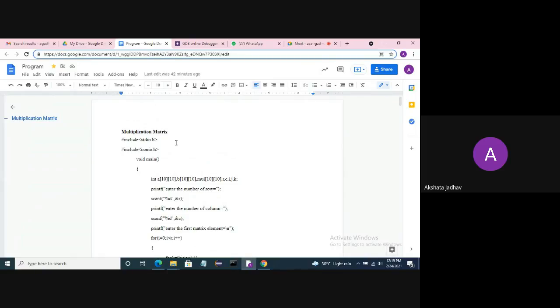Don't worry, I will cover the Bisection method and Newton-Raphson method in 1 hour, because the programs are connected to each other. The Bisection method program and the Newton-Raphson program have no change, only some of the mathematical operations change. Then we will see the two programs one at a time. Don't miss the session, Sanket, because the Bisection method is very important and the Gauss elimination method is also important.